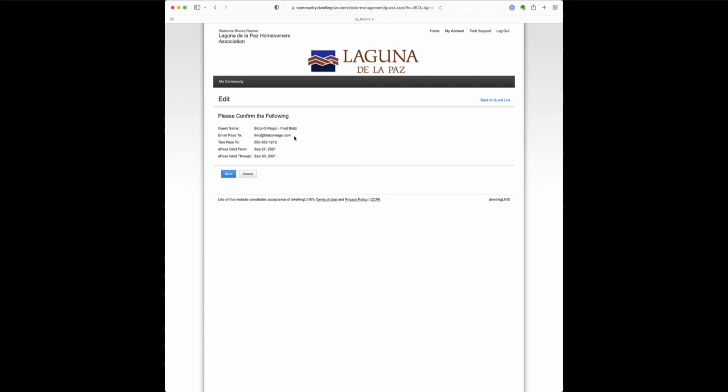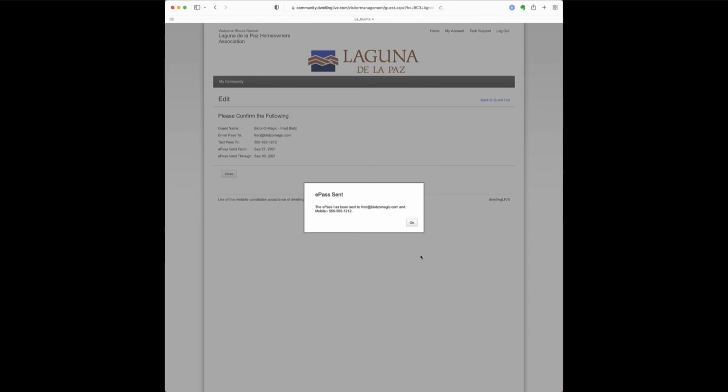His email pass is going to be sent to Fred at Blotz-O-Magic. His text pass to... Now this part's very important. For those e-passes to be sent, those are the passes with the QR codes that help your visitor speed entry through the gate, you must click Send. When you click Send, you will get an e-pass sent confirmation,